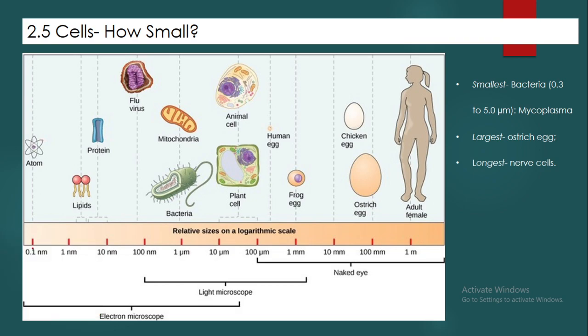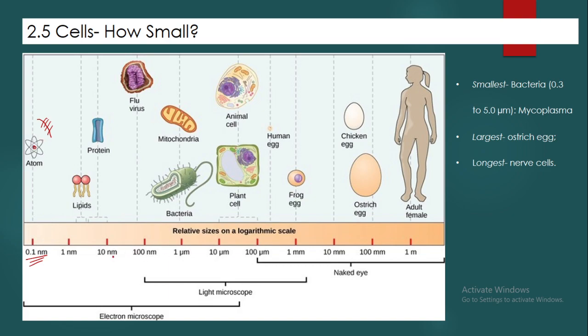When we are talking about atoms, you will be studying in your chemistry a little bit, you have studied already in your earlier classes also, that in the center of the atom there is the nucleus and the electrons are revolving around it. The size of an individual atom will be 1 by 10th of a nanometer. The size is so small. Nanometer.